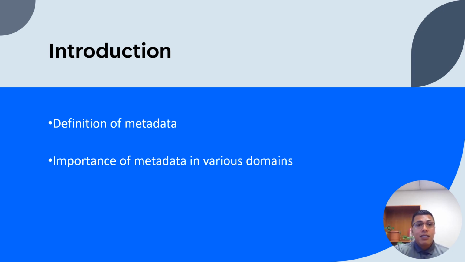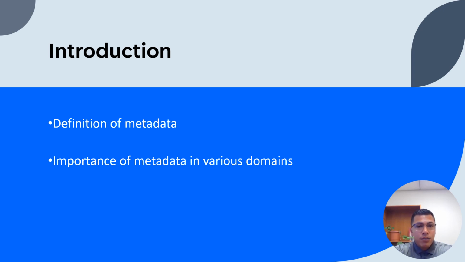Additionally, in the context of library science, metadata is essential for organizing, managing, and discovering library resources. It helps users find the materials they need and facilitates the efficient management of library collections. Throughout this presentation, we will explore the different types of metadata used in library science, their historical development, and their